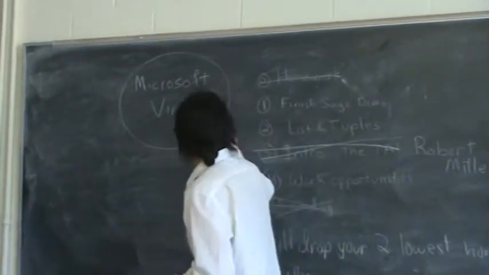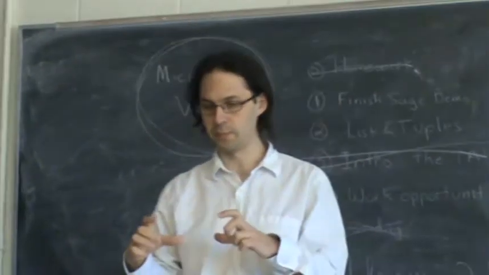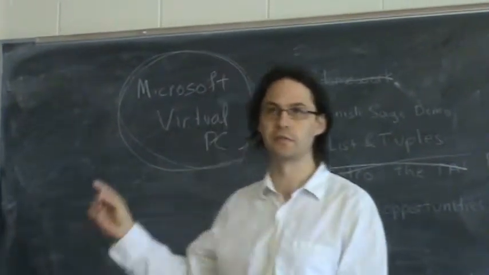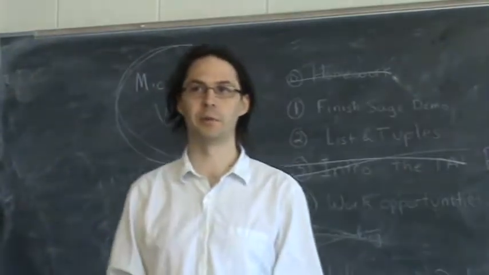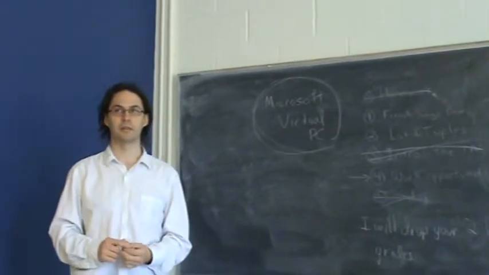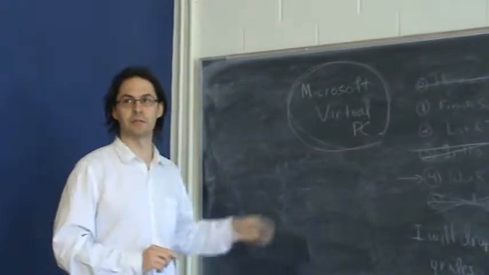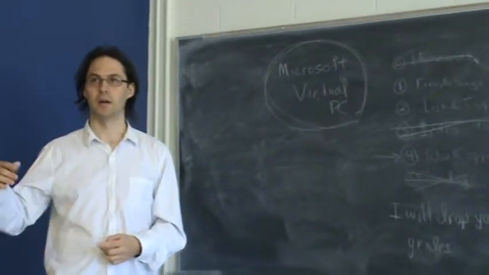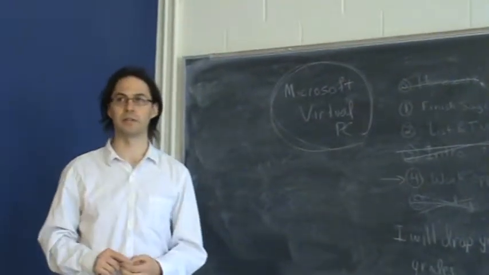Microsoft would very much like it to be the case that there is a Virtual PC version of Sage. That is an install of Linux into Virtual PC, which you can then run under Windows. Right now we have a VMware version of Sage, but we don't have a Virtual PC version of Sage. Microsoft has given me money to hire a UW student to make a Virtual PC version of Sage. So if anybody's interested in being paid through UW by Microsoft to create such a thing, please contact me.